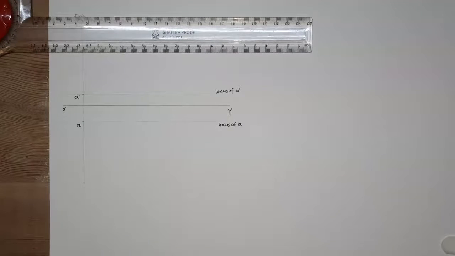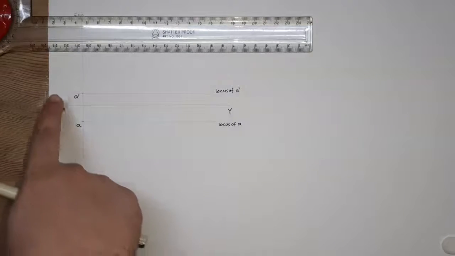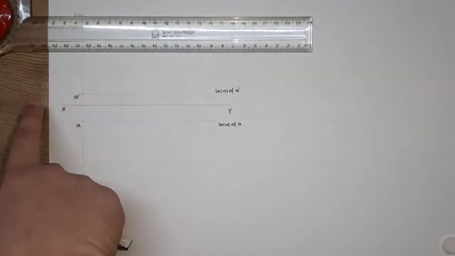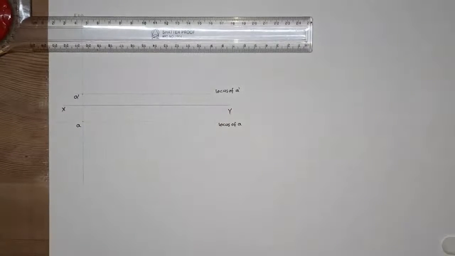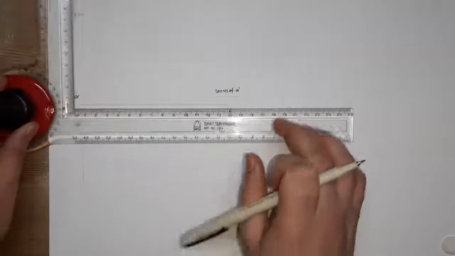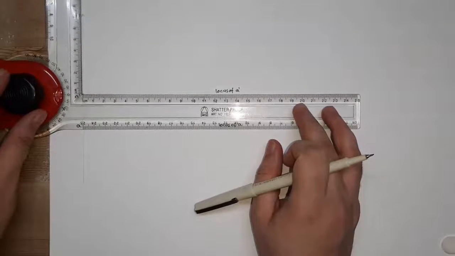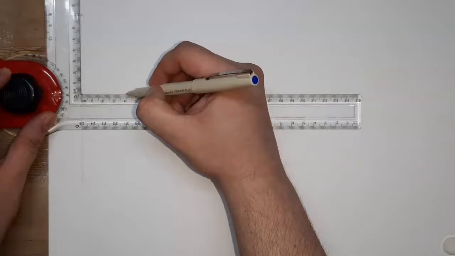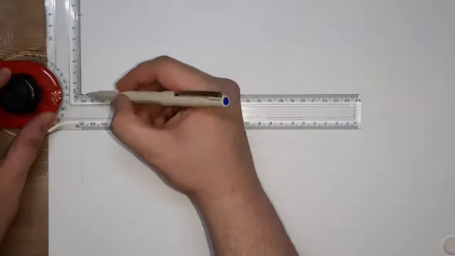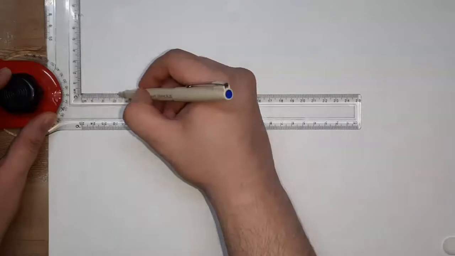So now I am going to plot the EL on the locus of A dash, that is 40 mm. So let me take 40 mm distance in here. This is 40 mm. This line is EL,